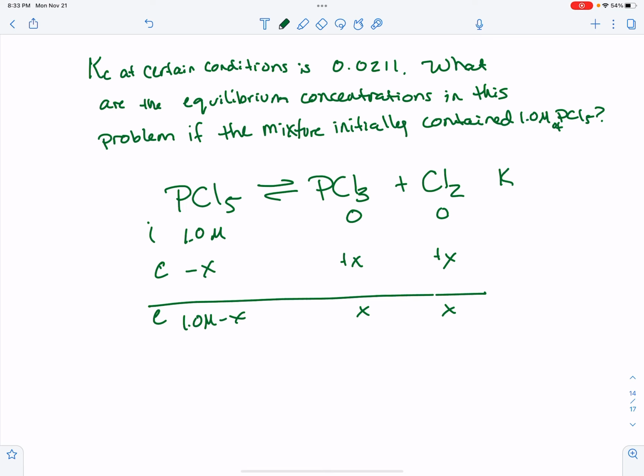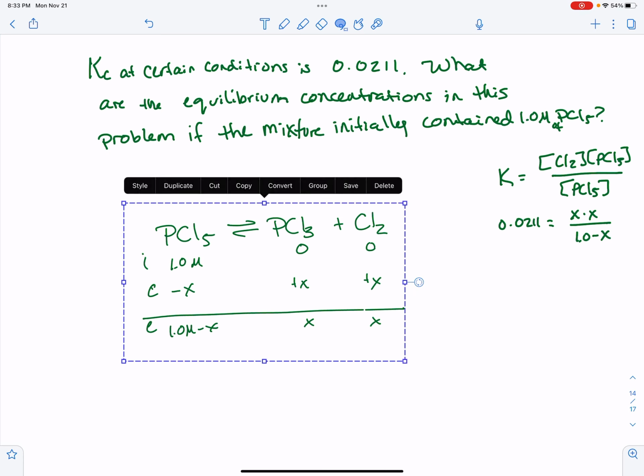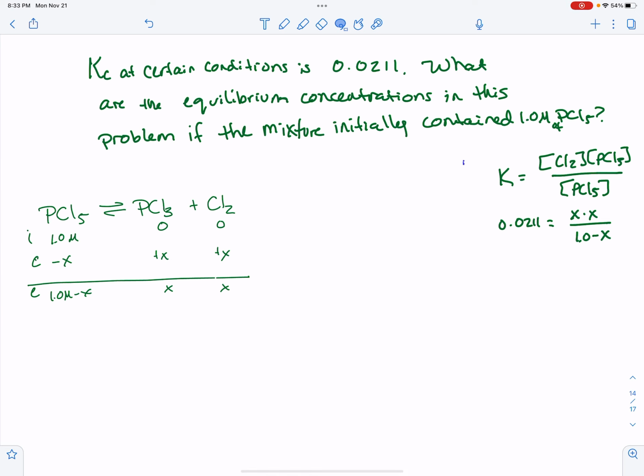Now, I did not follow the rule that I should always follow, and that's that you write the equation over here before you do anything else, because you'll get done with that ICE chart and then you won't know what to do. So I know from the problem that this has a value of 0.0211, and then I have an X times an X, which is X squared, and then I have a 1.0 minus X. So if I move this out of the way and let the K have front and center here,